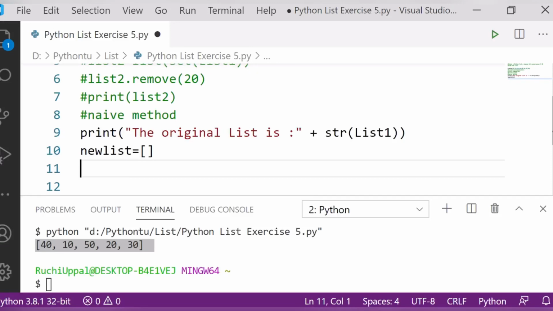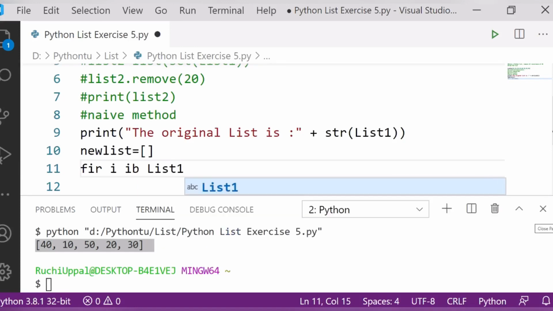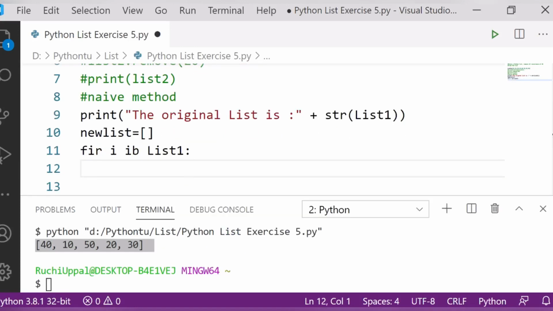So I will check here: for i in list1. Oh god, I am writing wrong.